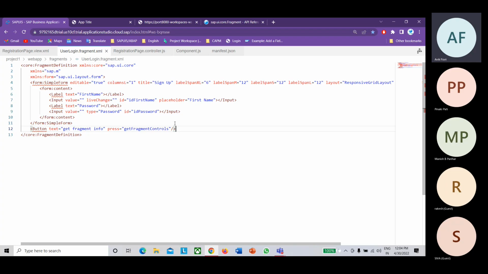And the second purpose is how to get the ID. If you're specifying an explicit ID to the fragment definition, it's not possible to get the ID by following the normal syntax like this.getView().byId. If you use that syntax, you will not get the control, because you have explicitly assigned the ID property to the fragment.